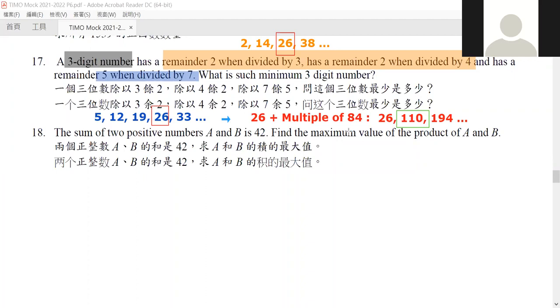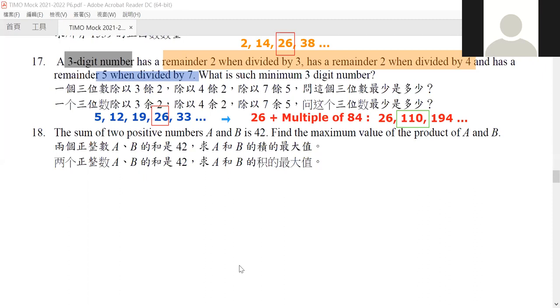Okay. So is there any question for question 17? Because I see people. Twins, is there any question for question 17? Is there any question for that? If no, then we will proceed to our